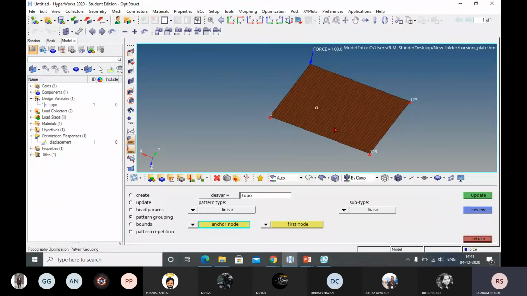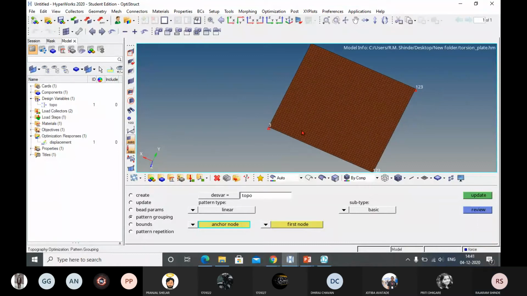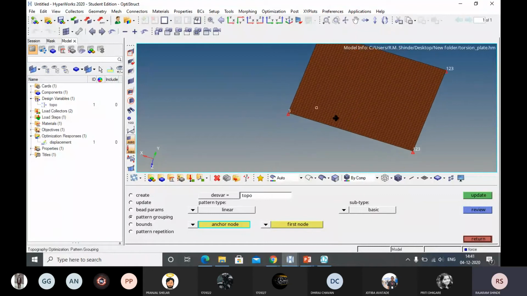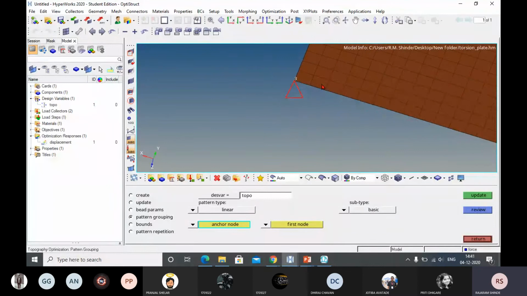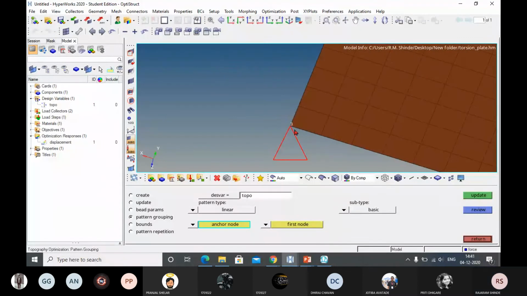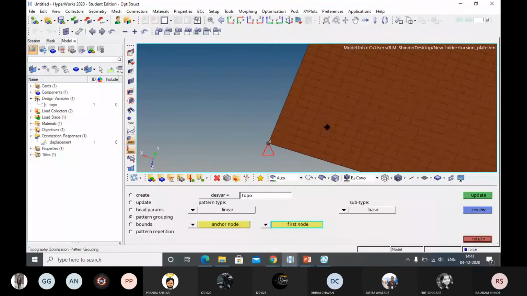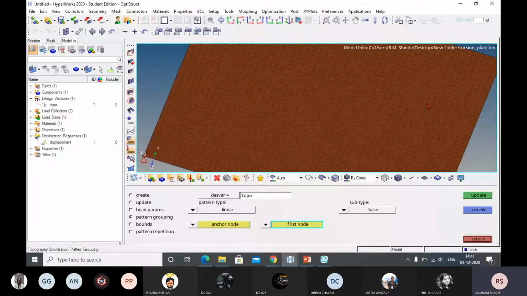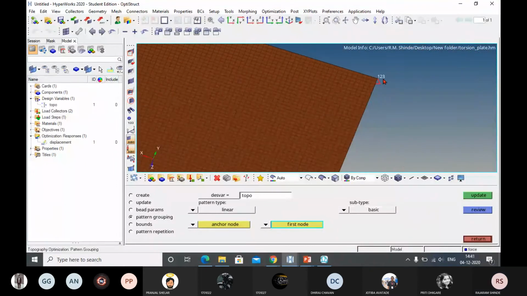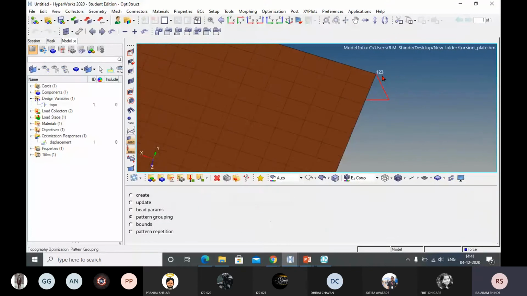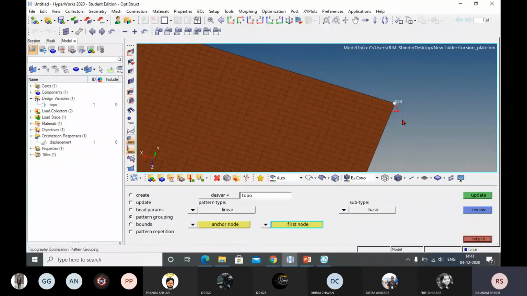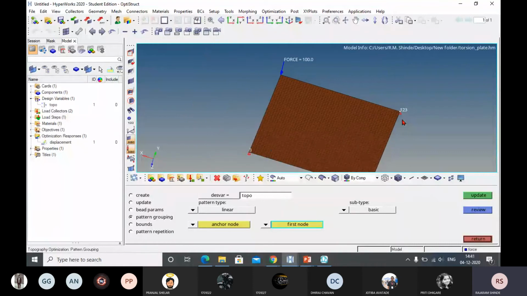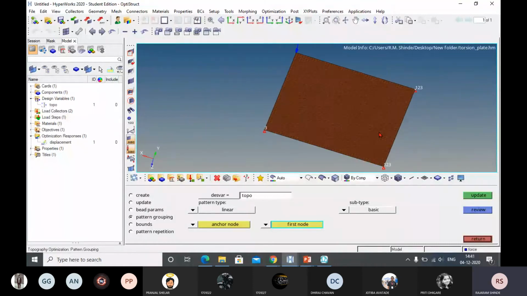Okay, now what I will do, I will select this node as anchor node, and this node as first node. Okay, I have selected these two nodes as anchor node and first node.